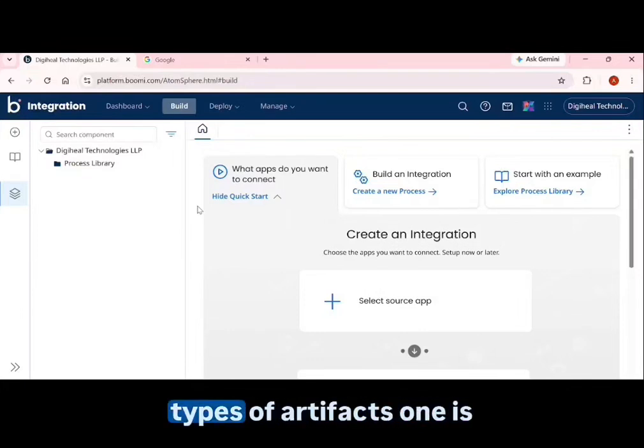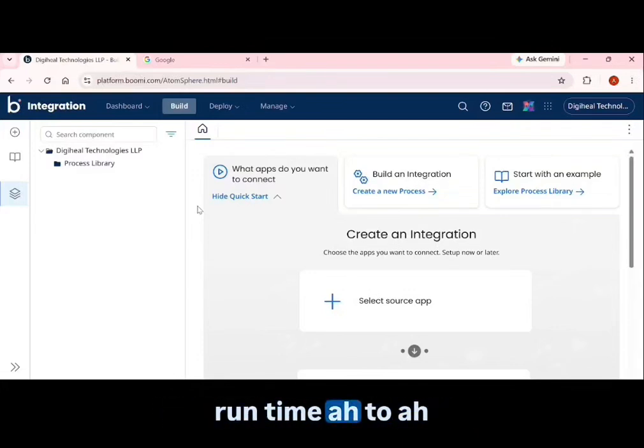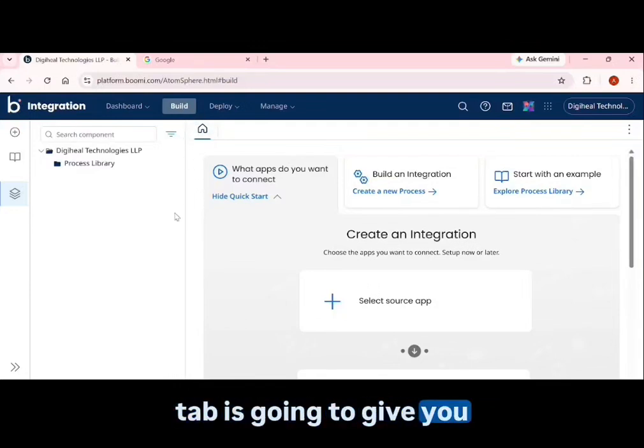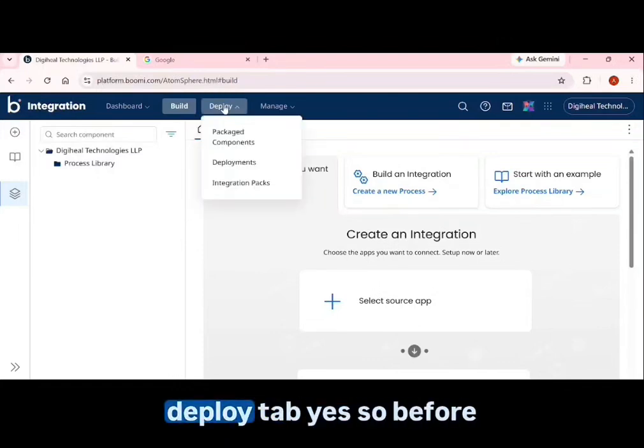When we talk about developing any artifact in Boomi, there could be two types of artifacts. One is design time artifact and the other is runtime artifact. For any new requirement, first you have to design it, and once the design is done, you need to deploy on runtime to further run. So the build tab is going to give you the design screen using which you can design your services, you can design your process, or you can design your integration. On the deploy tab,